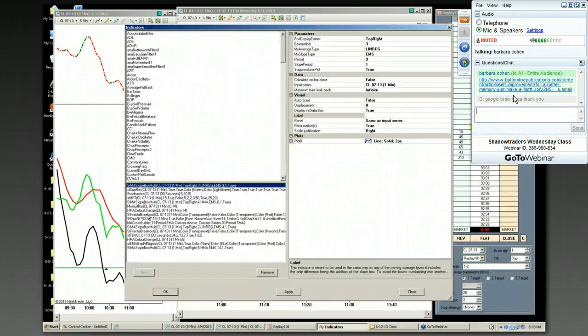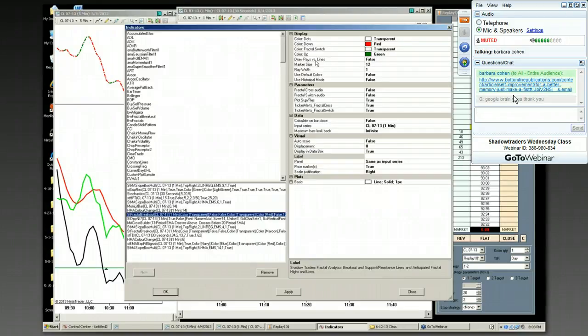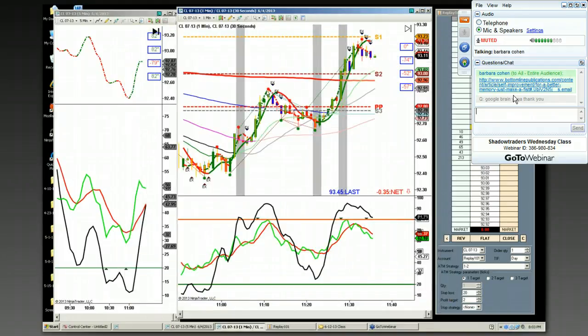So when I build my fractals, guys, I go in here and instead of rays, I want lines. So the default says draw rays versus lines, and it's true. Well, I change that to false. And then I make the marker size, which is the asterisk, I make it 12, okay? And then I take the ray width down to 1 instead of 3. I think the default is 3, okay? And so then what I get is this, which is these dear succinct little fractals going from asterisk to asterisk,